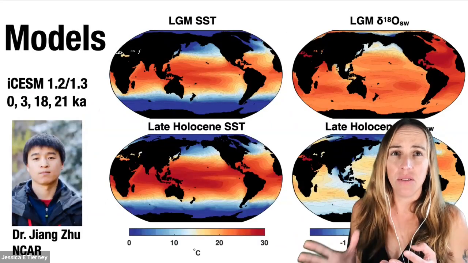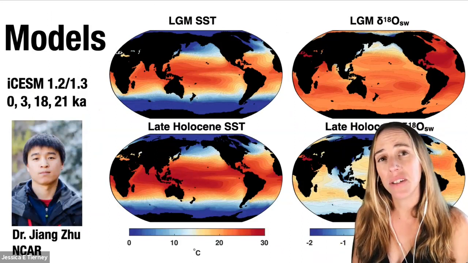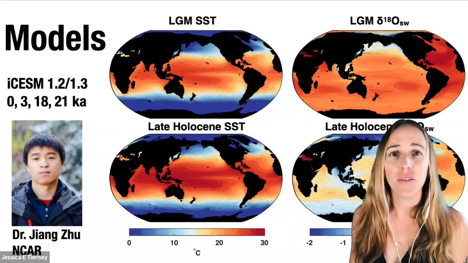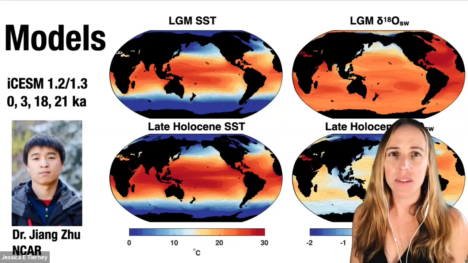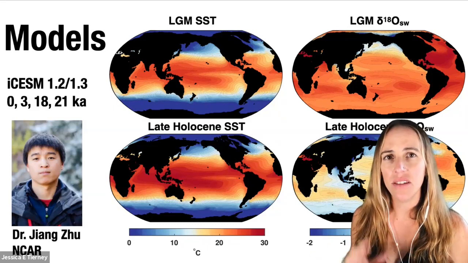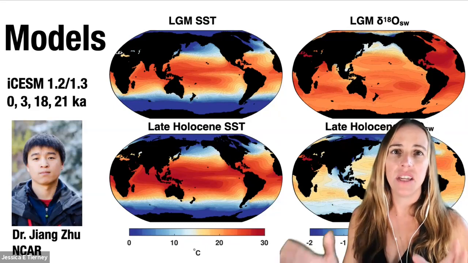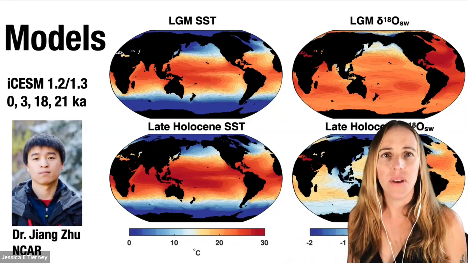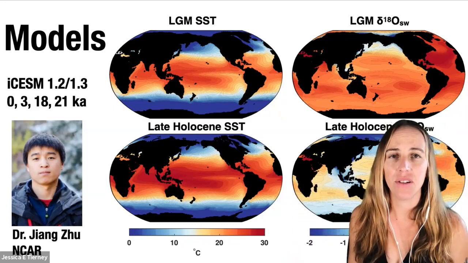Okay, in addition, we need model priors, our starting place. And for that, we're going to use the isotope-enabled Community Earth System Model, version 1.2, and a few simulations using 1.3. For the LGM case, my colleague Zheng Zhu, who's at NCAR, developed time-slice simulations of 21 and 18,000 years ago as sort of sampling the LGM state, and then 0 and 3,000 years ago to sample the late Holocene. For the LGM-DA, we binned the data into pretty broad time bins, 19 to 23 and 0 to 4. And so the prior states match that broad binning that we took for this LGM-only